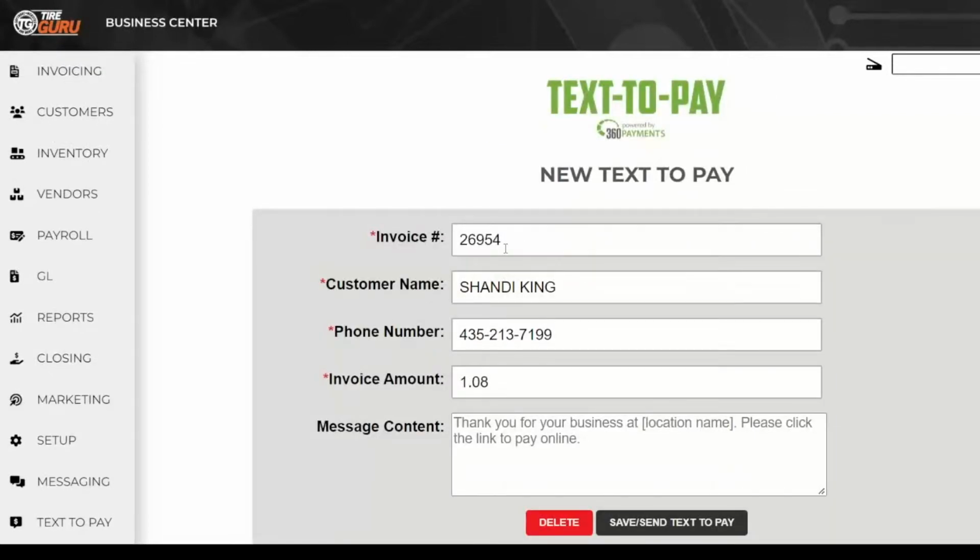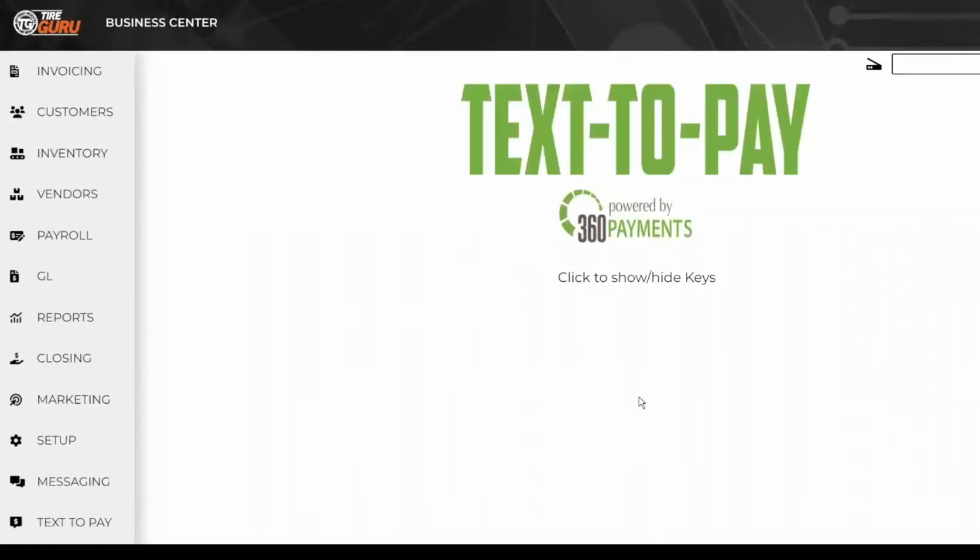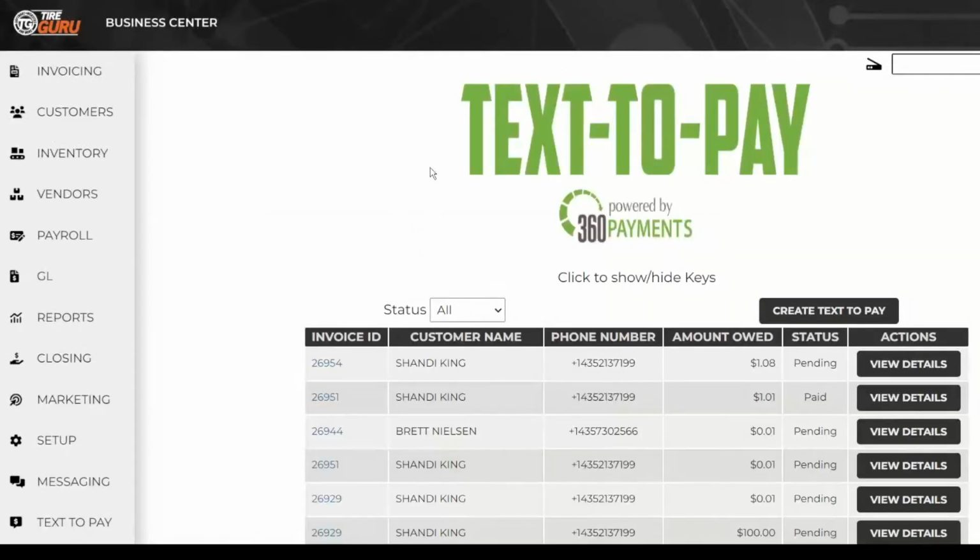It will pull up the invoice number, the customer's name. You need to input their phone number if they don't already have one in their profile, and just check the amount, and it will let them know, thank you for their business and allow them to pay online, and then click the save send text to pay. And it will bring you into the text to pay screen and show you that link that you just sent